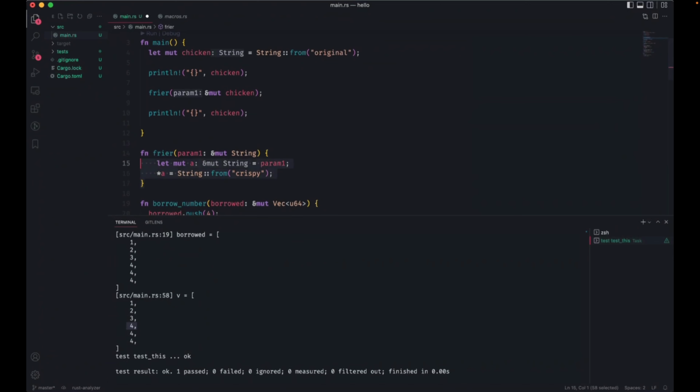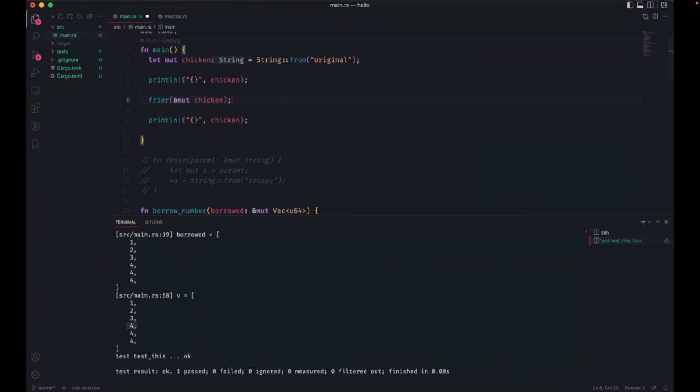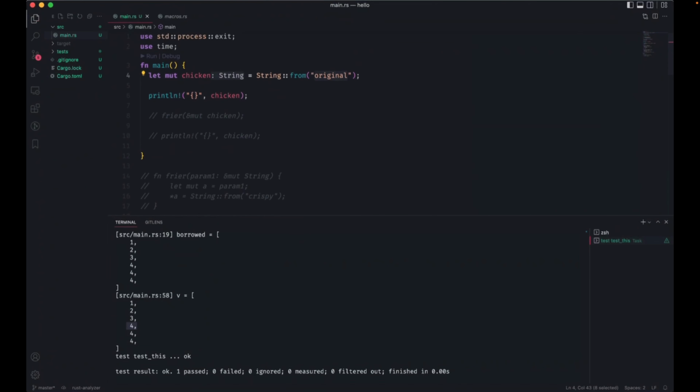Right. So we're going to fry some chicken here. Yeah, good example. So we've got a string of the original chicken over here. And so what have we done in this first line? Let's just make sure everybody's following. I put a dynamic string on the heap, a space of memory that can be bigger or larger, and a pointer in the stack to that. And that's what chicken is.